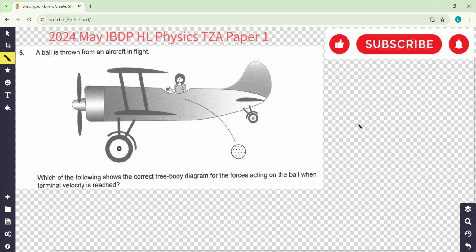Thank you. So this question is about a ball thrown from an aircraft. It falls down with an arbitrary initial speed. Which of the following shows the correct free body diagram for the forces acting on the ball when terminal velocity is reached? So terminal velocity means that there is air resistance, and the air resistance will